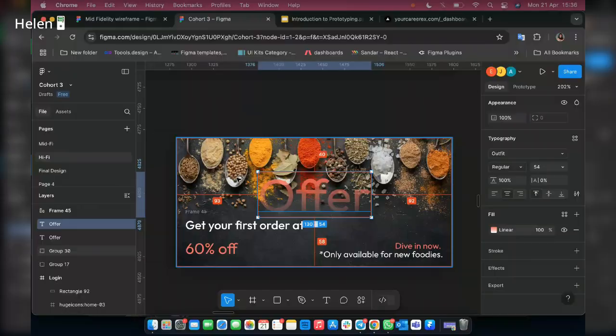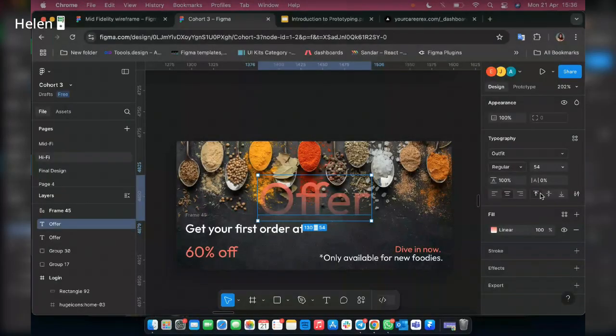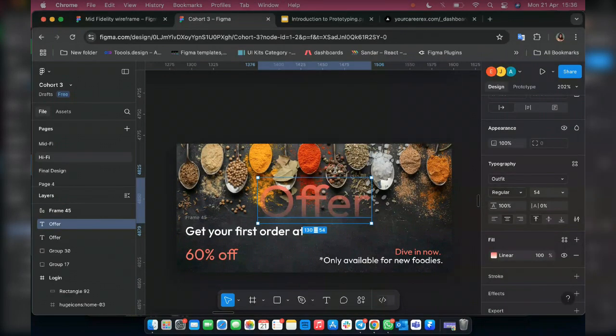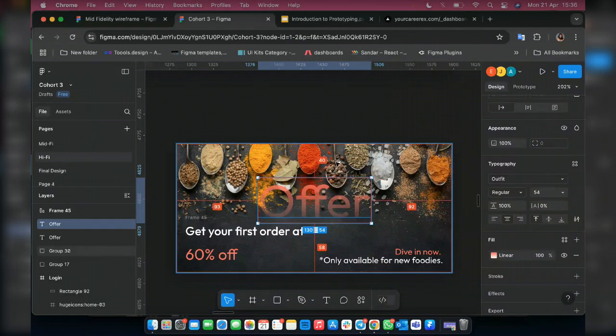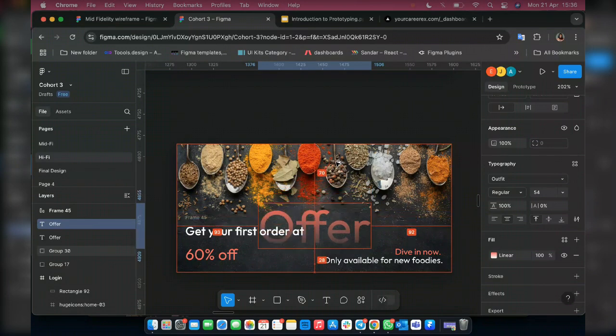So I think it's an odd number. That's why it's not giving me equal. But I think this is in center like this. So I'm just going to bring it down here. So once I bring it down like this, so now let's make it look a